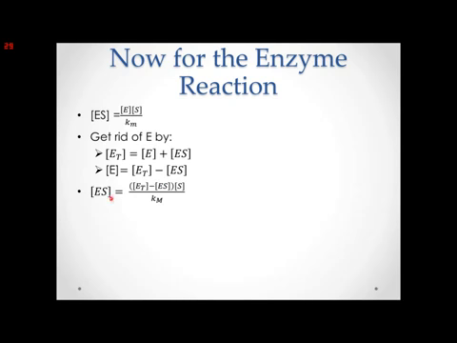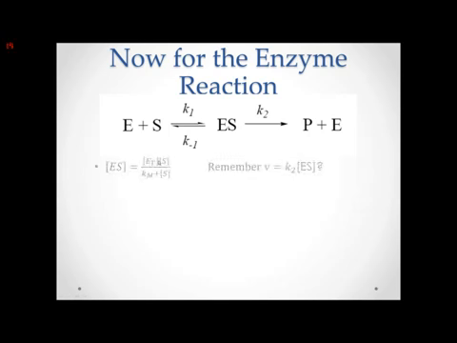ES is in both sides of the equation. So let's do some fancy math, and we'll get ES equals ET times S over Km plus S. Now let's go back to the beginning. Remember that formula I told you to remember? This is where it comes into play. This is just a repetition of the previous slide, and right here we have